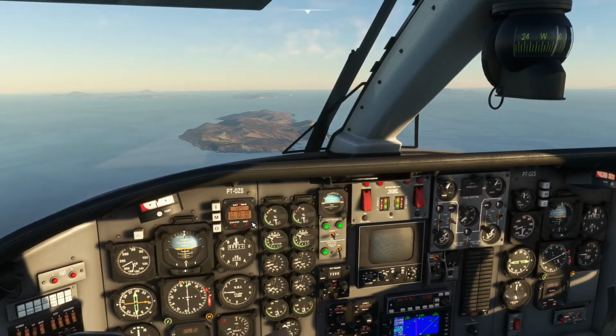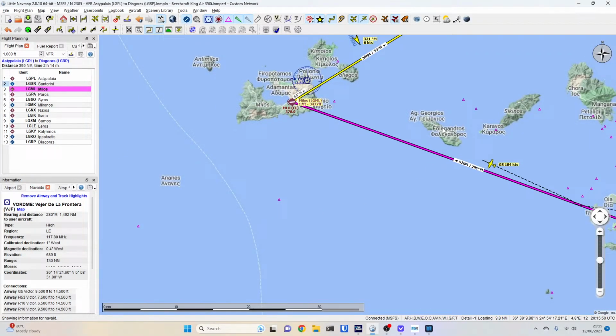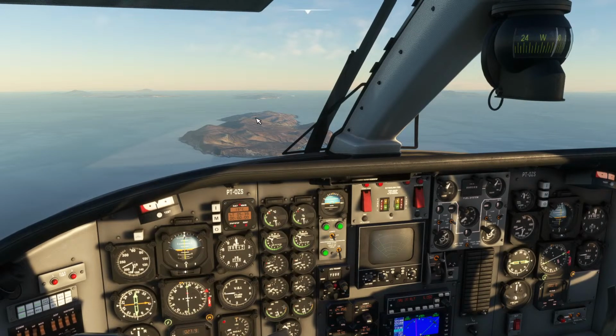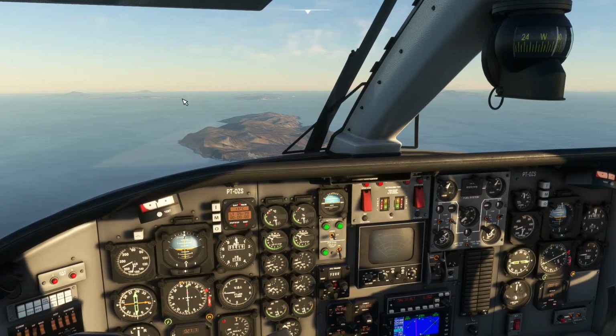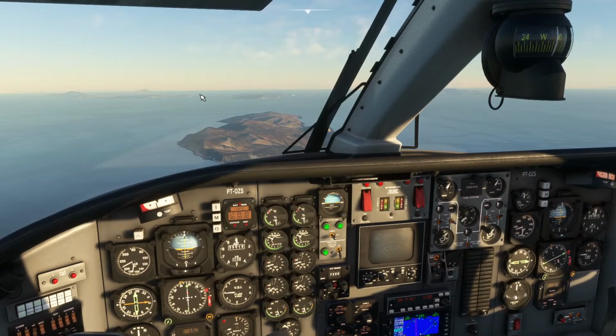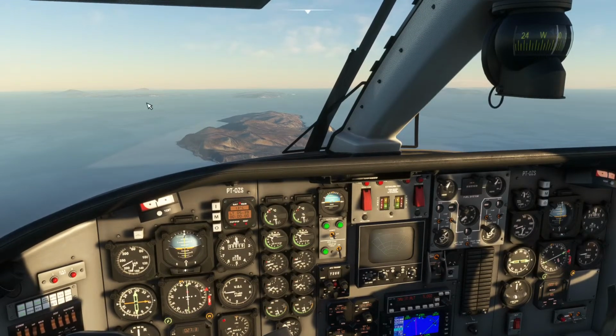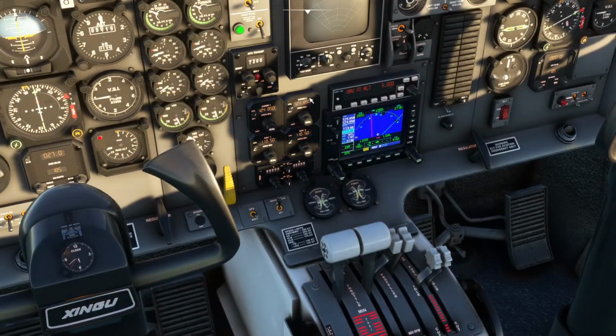So 5,000 feet. So let's have a look. We're going to pass by these islands that are here. The island we're going to is over here. Remember, we're heading for that VOR, which is out on the headland. It's out here, but we actually want to go over here. Let's see if we can get this to